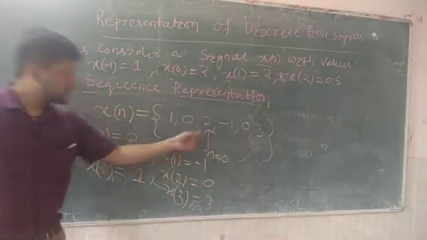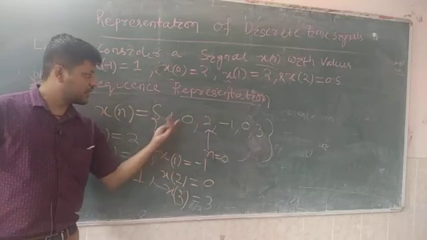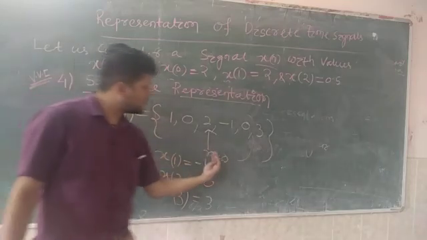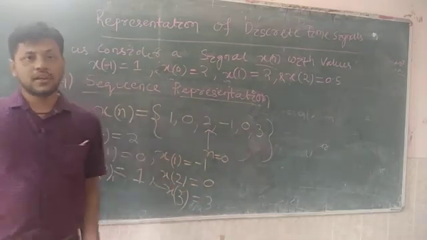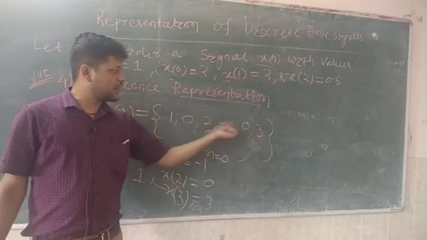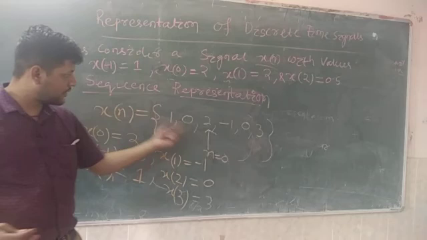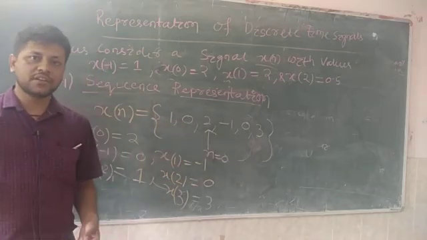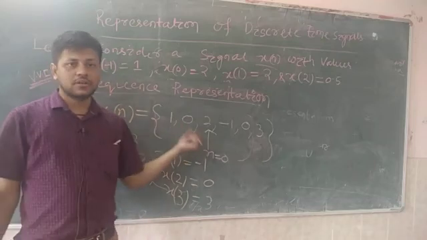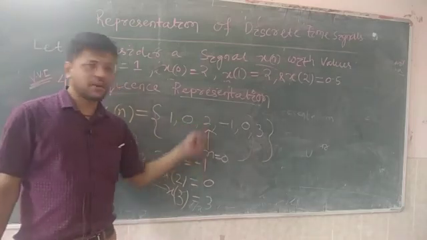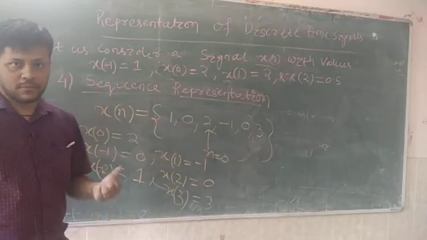So always remember this arrow mark denotes the origin. If you are moving towards the left, that indicates n value minus 1, minus 2. If you are moving the pointer towards the right, that indicates the n value plus 1, plus 2, plus 3, like that. So here we always write the amplitude in sequence form. What is hidden, what is implicitly present, is your time. So time is hidden here. So how do we find for what value the amplitude exists? They will give you this pointer. This pointer indicates the origin. If you are moving towards the left, that gives you n value minus 1, minus 2.